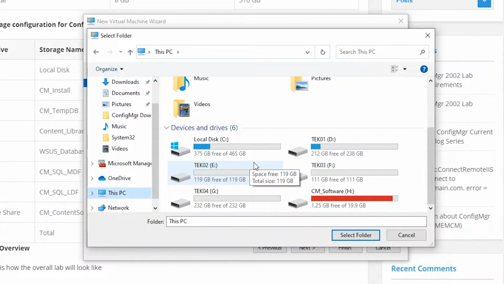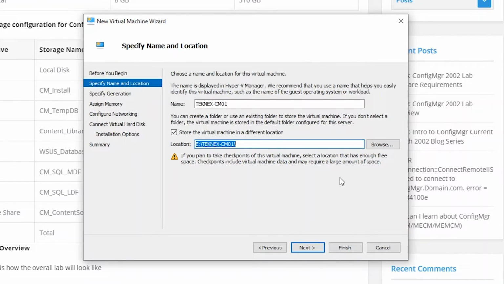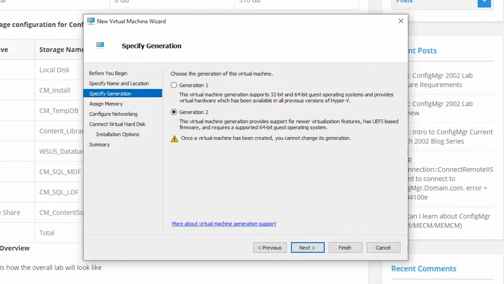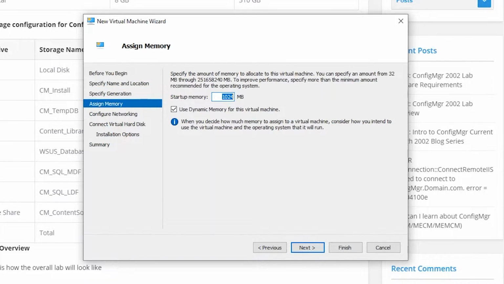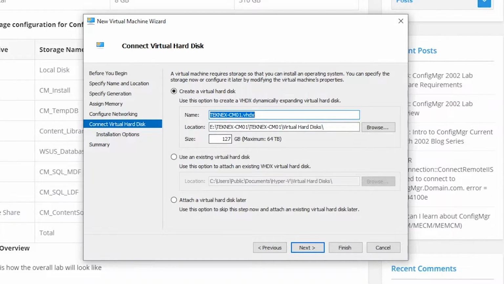So this is the drive where we are going to install the operating system for Configuration Manager. I will pick TEK02 for that purpose, and I will create a new folder, TEKNEX-CM01, and select it. Next, generation 2, next, and startup memory 4096, and no dynamic memory for that, and I will click next on it. So networking, we will select the internal virtual switch we just created and click next, and also